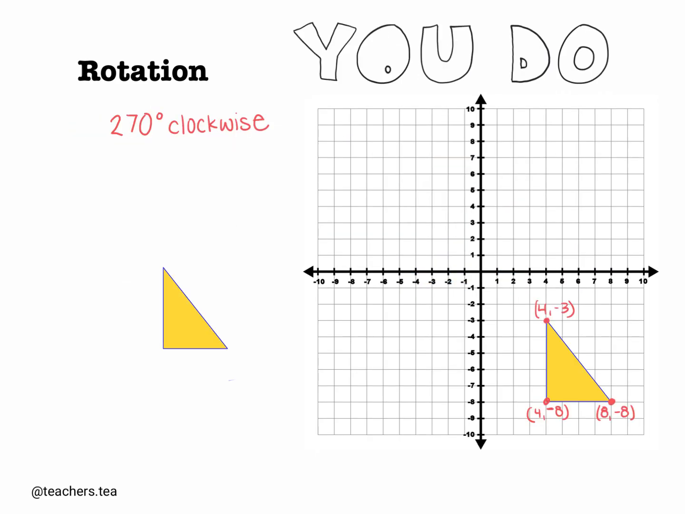Okay, now you're going to try one on your own. So you have here a triangle. We've labeled the coordinates so you can draw your own. Highly suggest having a manipulative that is a triangle that you can move around and rotate either clockwise or counterclockwise 90, 180, or 270 degrees. In this case, it is asking you to rotate it